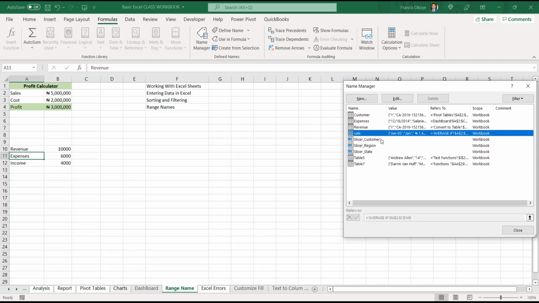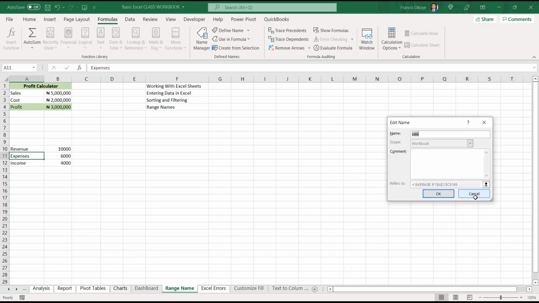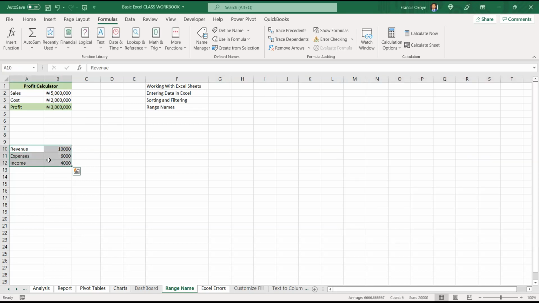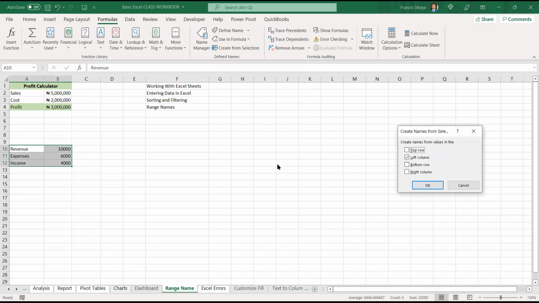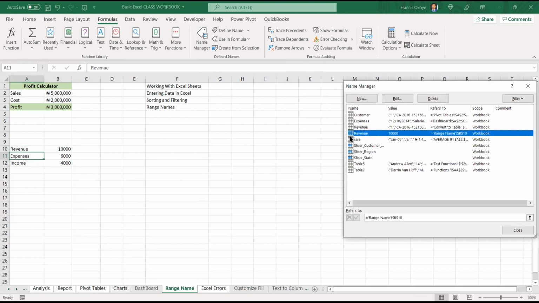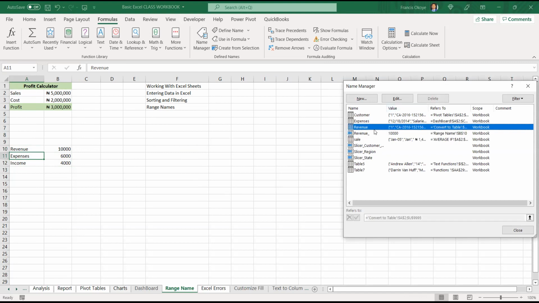All right, that's our profit. Let me try again and see. Ctrl Shift F3. Let me see which name is there. Okay, sales or revenue is there.